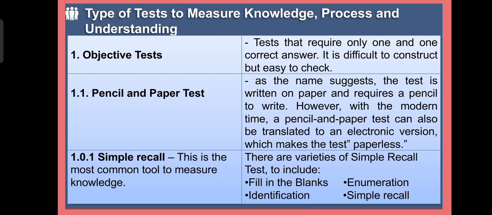The word objective means that there is only one right answer to each question, and it can be graded easily by a computer or other automated system. For example, if you were taking an objective test on math, you might see questions like what is 2 plus 2, or what is the square of 144. In these cases, there is only one correct answer, 4 and 12 respectively,